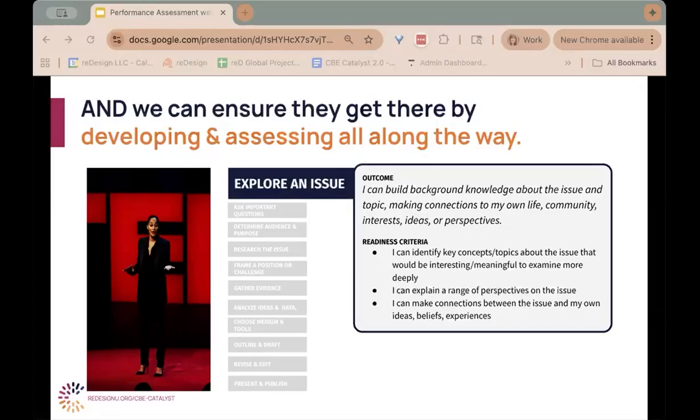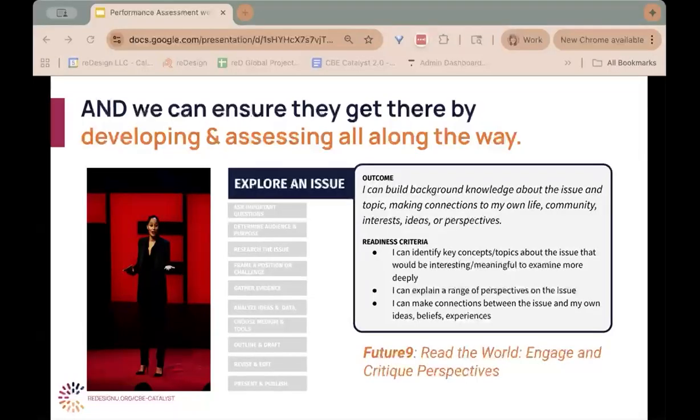And a strong performance assessment, where it's broken down here, allows learners to be driven towards success, right? Because at every moment, they're getting a check-in point that is assessing and giving feedback about where they are in this journey and what they're able to do and whether they need to pause and stop to get to that successful final product.